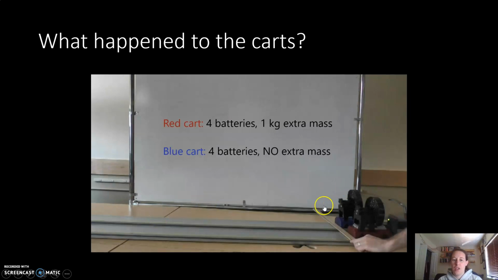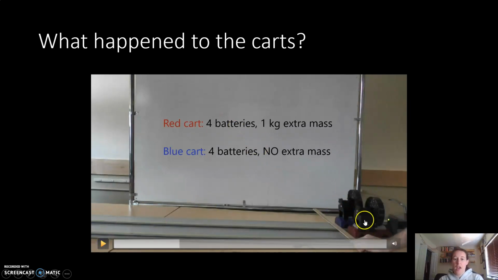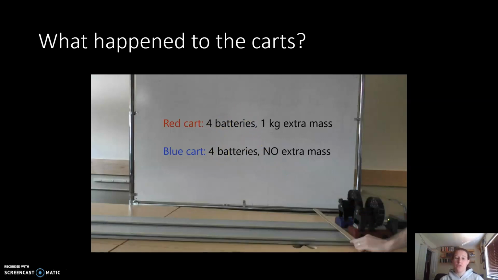All right, so again, this time you will notice that the carts have 4 batteries each, right? We're talking about the same force, the equal amounts of force. We're not talking about somebody who is a bodybuilder versus your 2-year-old cousin pushing cars. We're talking about the same bodybuilder, the same individual. But what we're doing is maybe the bodybuilder had the truck with the extra mass, or they had the car with no extra mass. Or if you're running, no extra mass, or maybe I sent you with a big backpack